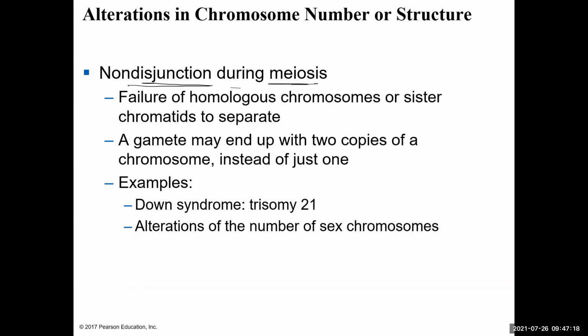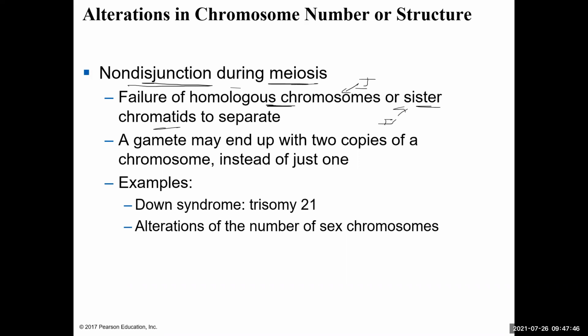In meiosis, the homologous chromosomes could fail to separate, or the sister chromatids could fail to separate. Whether non-disjunction happens during meiosis 1 or meiosis 2